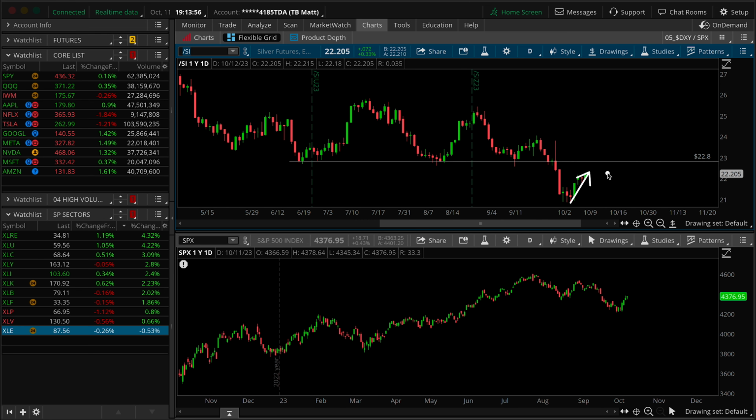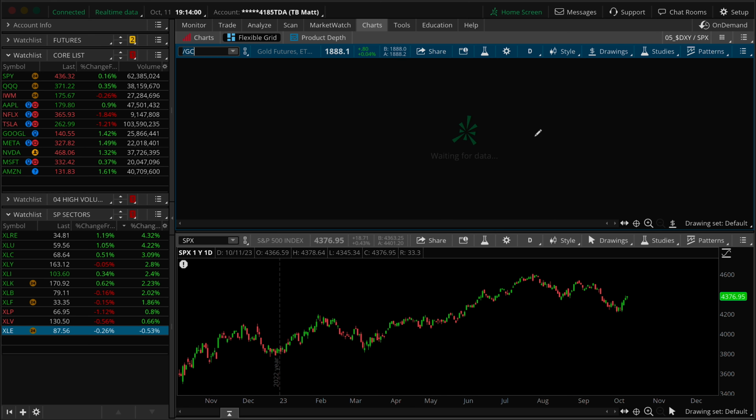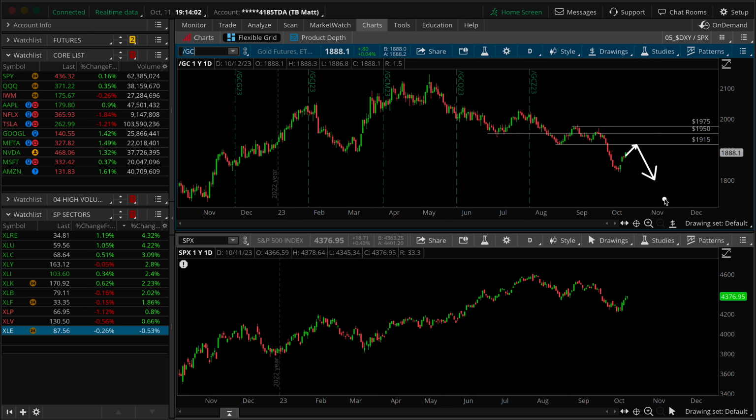Counter trend move. Is there not still an opportunity for a lower high on silver, a lower high back over here in gold, for then continued upward pressure on the dollar and then downward pressure on equities? To me, this relationship overall with metals and the dollar right now would be more indicative of a counter trend move in the context of an existing downtrend, more aligned with the weekly narrative that we've been talking